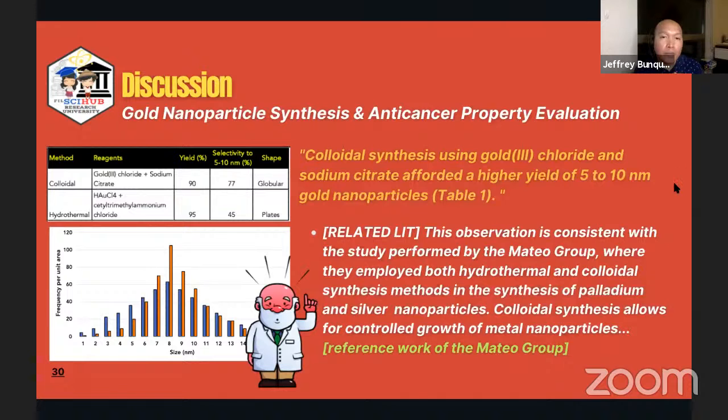So, gold nanoparticle synthesis and anti-cancer property evaluation. So sabi doon kanina sa ating results, when we were comparing the two different types of syntheses, yung colloidal synthesis daw with gold chloride and sodium citrate afforded the highest yields of 5 to 10 nanometer gold nanoparticles. So pag binanggit niyo po ulit yun doon sa discussion, ang dapat, you should follow it up with some inputs